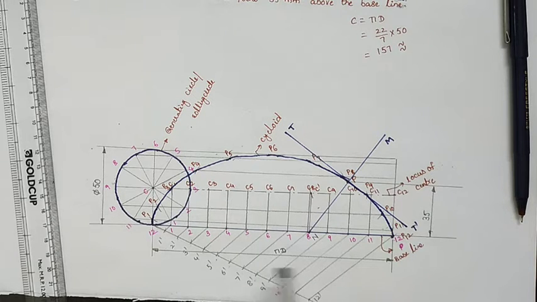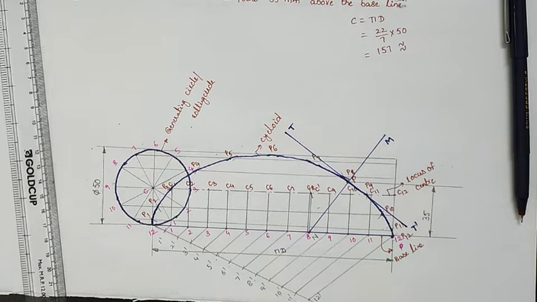Now this baseline is divided into 12 parts. By using the divide a line method, you can take any angle greater than 15 or less than 45 degrees and divide this inclined line into equal parts, and divide that baseline into 12 parts. After dividing the baseline into 12 parts, we will draw horizontal lines from the points on the circle. That means from 6, from 7 and 5, from 8 and 4, from 9 and 3, from 12, from 11 and 1, from 10 and 2, we will draw the horizontal lines up to the baseline end.